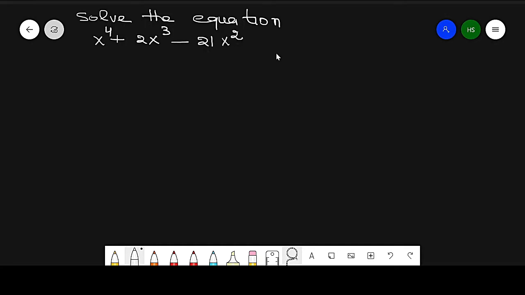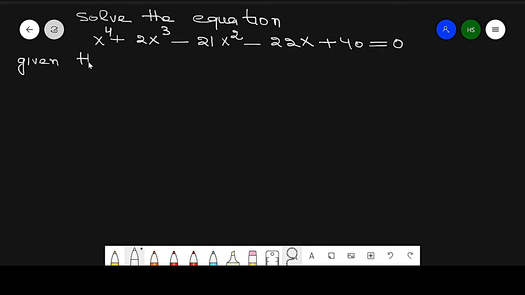The question is: solve the equation x raised to power 4 plus 2x raised to power 3 minus 21x square minus 22x plus 40 equal to 0, given the difference of two of the roots